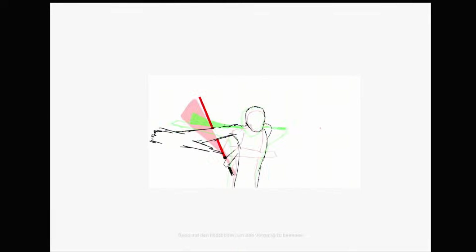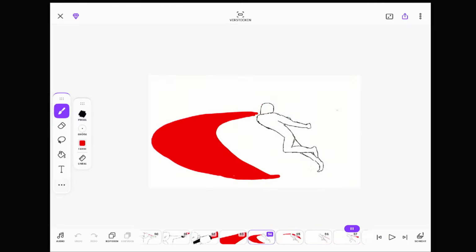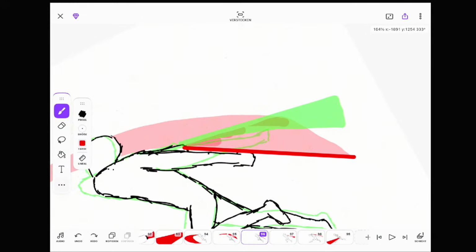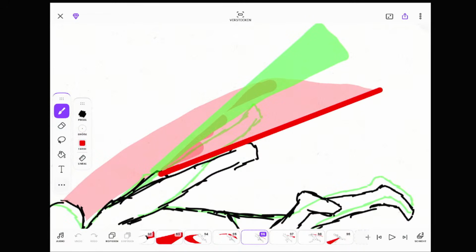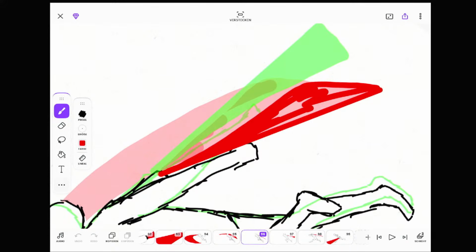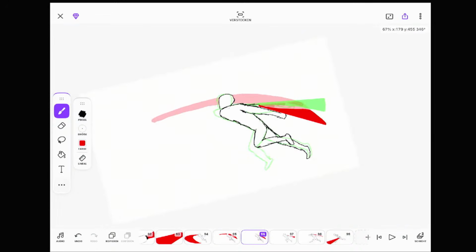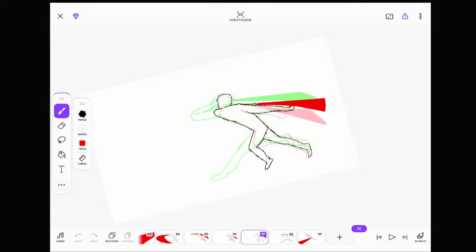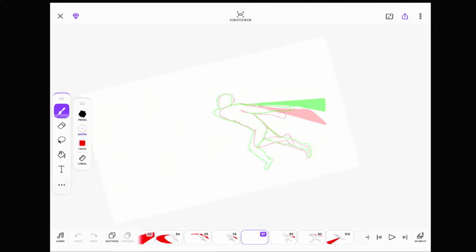Okay, I now think the swing looks way cleaner, but I have to animate more in betweens. Definitely more, because otherwise the animation would be, I think, a little bit too fast. So for the swing, the animation is good, but later when he swings again, I need more in between here.